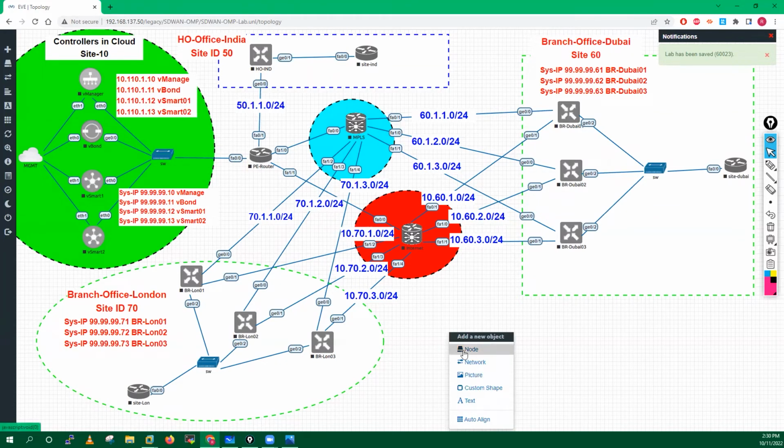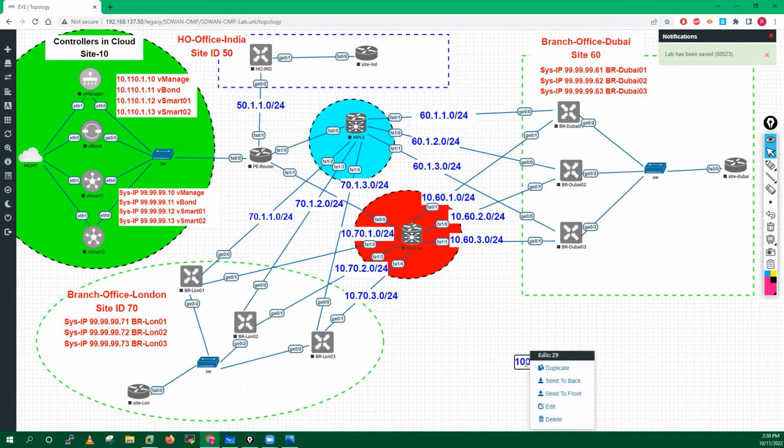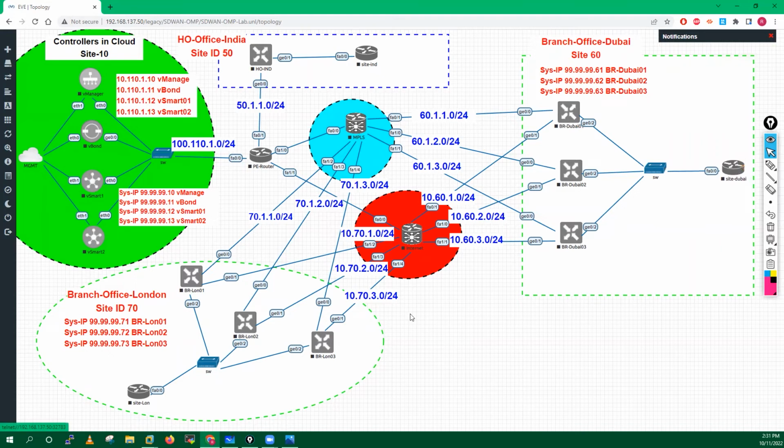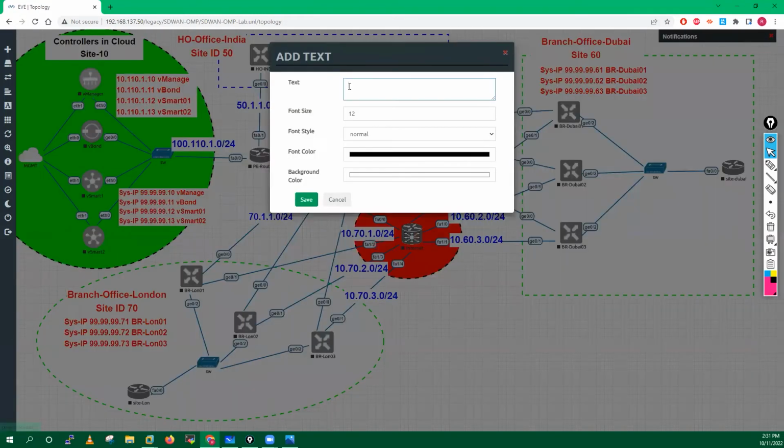Now, I'll just make a duplicate here. 10.110.1.0/24. Let me just skip this here. Okay. Now, apart from this, I do have this segment here, right? So in this segment, I'll add one more, 192.168.60.0/24,